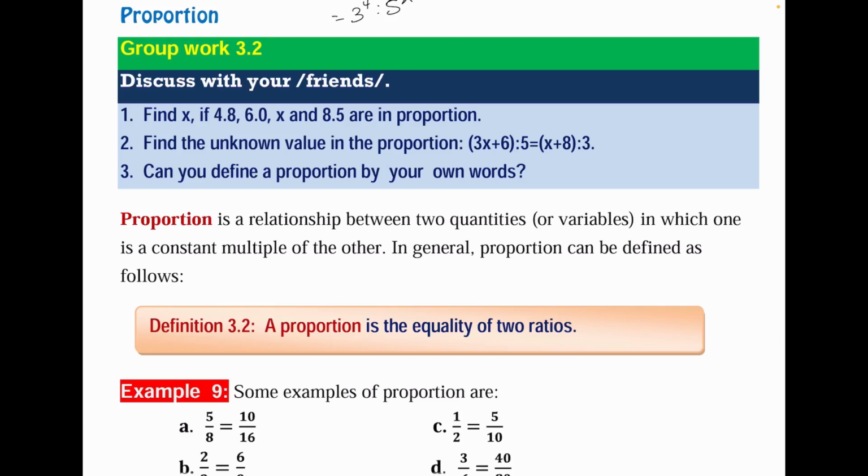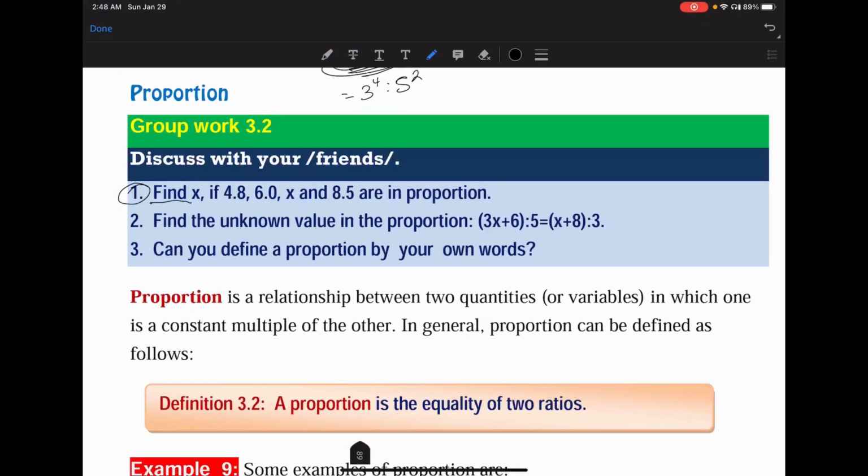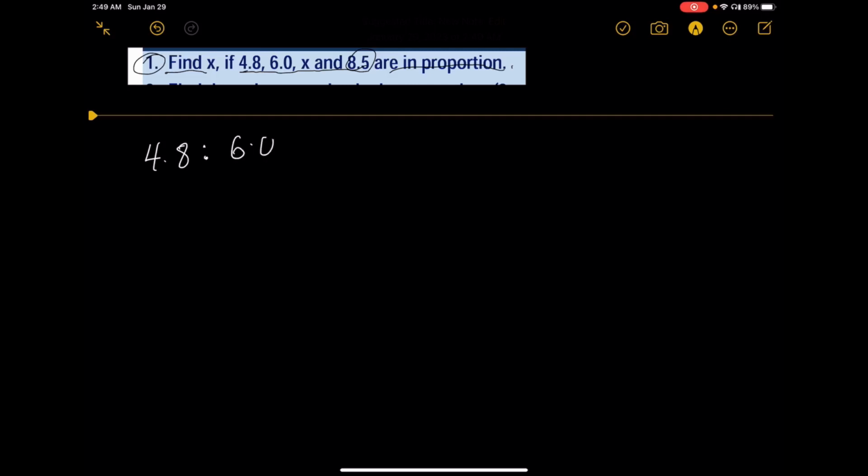ቪዲዮ ደግሞ ስለ ፕሮፖርሽን እናጠናለን ማለት ነው እቺን ግሩፕ ወርክ እንሞክር find x if 4.8, 6.0, x and 8.5 are in proportion ይሄ ነው አንደኛው ጥያቄ 4.8, 6.0, x እና 8.5 in proportion ናቸው ከተባለ ምን ማለት ነው 4.8 ratio 6.0 is equals to x ratio 8.5 ማለት ነው ይሄ ነው if they are in proportion ይሄ ማለት ነው እና በባለፈው ቪዲዮአችን ስለ ሬሽዮ አጥንተናል ከዛ ይሄ ምን ማለት ነው 4.8 over 6 is equals to x over 8.5 ማለት